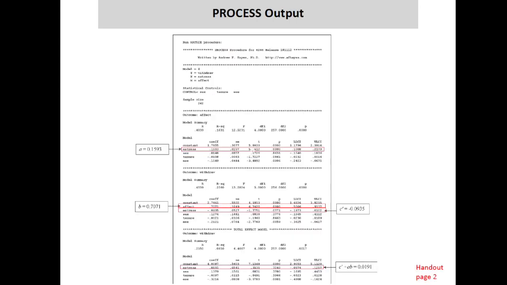So what I'm passing around for you is output from PROCESS. And I don't want to spend lots of time dwelling on this. We'll go over this after lunch, and for those of you who won't be with me, I think you'll find this fairly straightforward and simple to interpret. What you'll see is the string of output, and this is only part of it. So this is the first page, the second page of the handout.